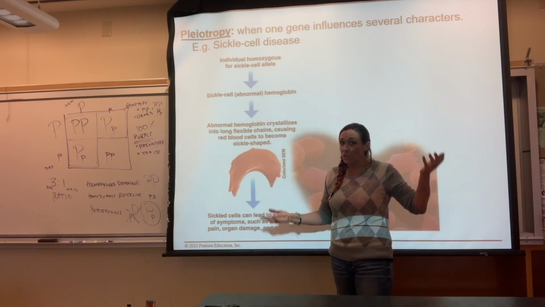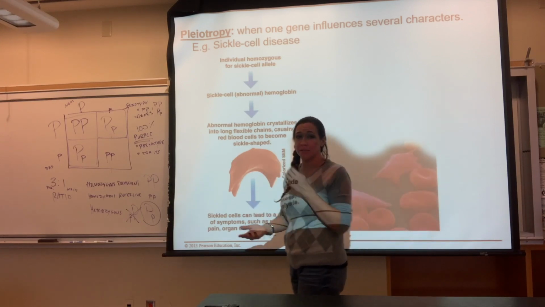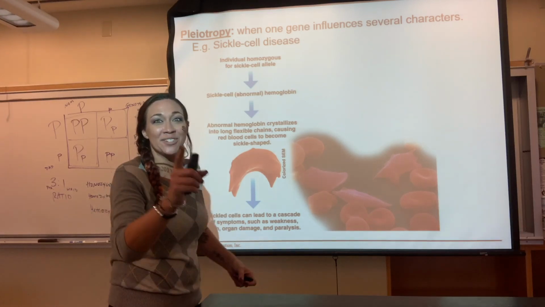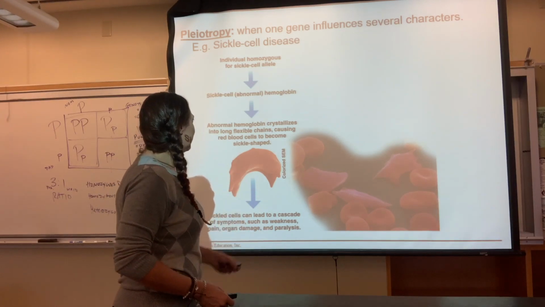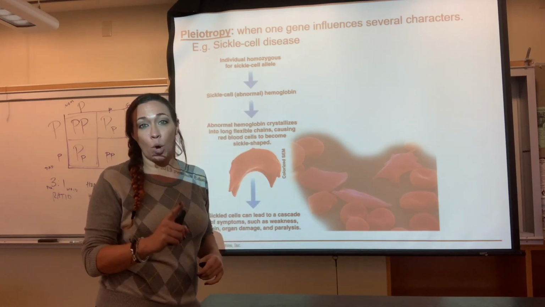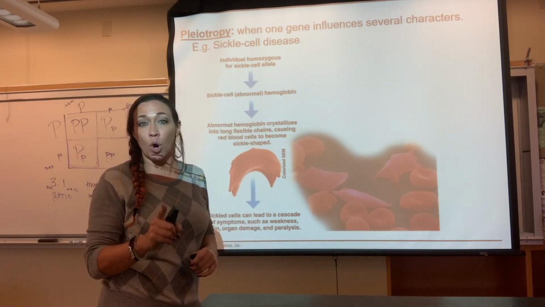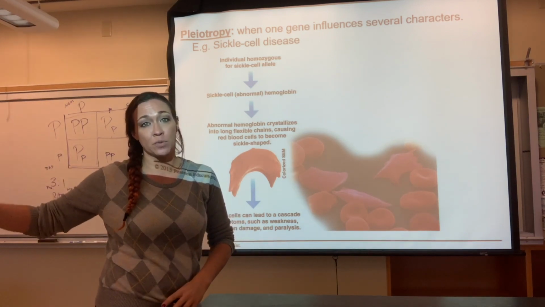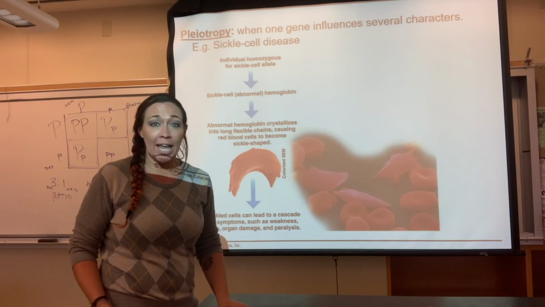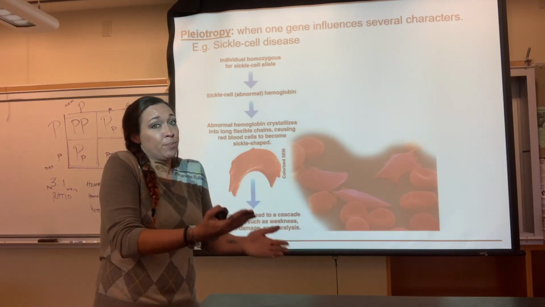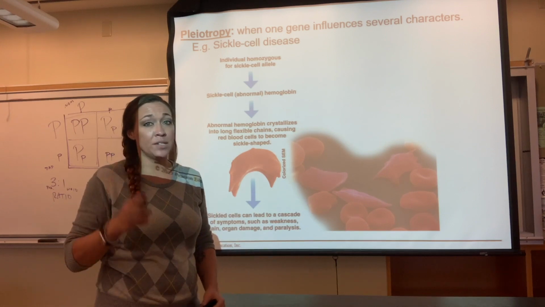So in this case, it controls multiple aspects of your, I keep touching my face. Don't do that, go wash your hands. It influences several characteristics based on one single gene. So in this case, one gene controls several characteristics and traits that you may have. Like, if one gene has sickle cell, you also can't get malaria. So it's multiple based on that one single gene.